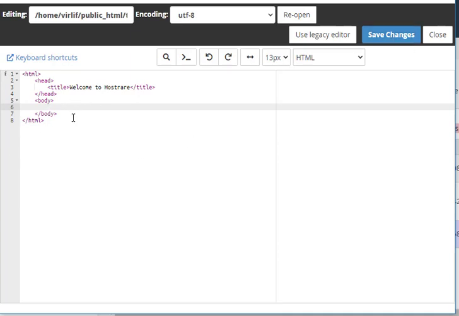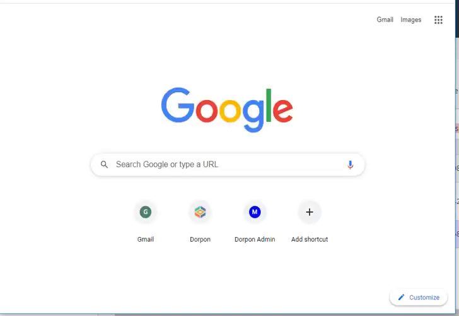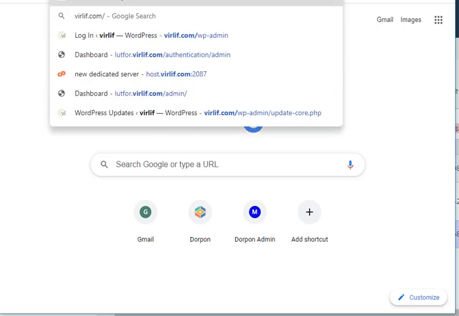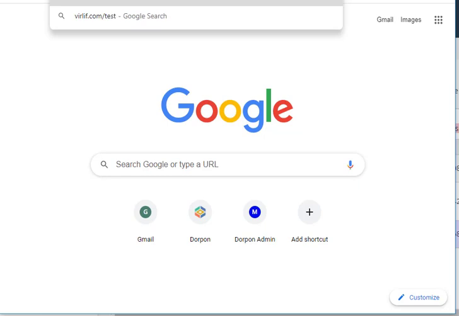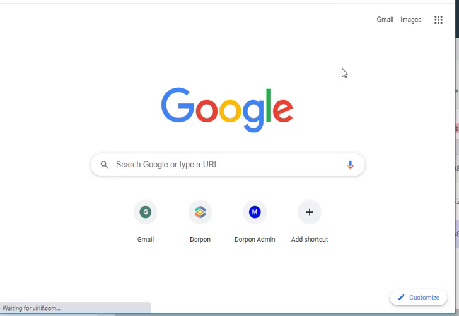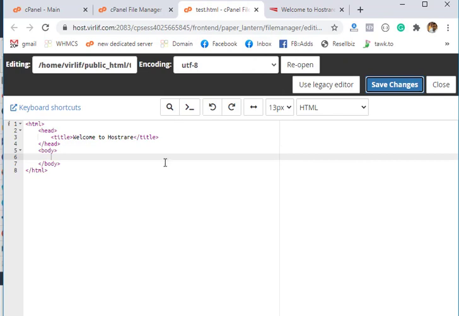After you update your text inside the code editor, you can just click on this right corner Save Changes button, then it's saved. If I want to see this, just go to my domain slash test.html. You see the page is loaded properly.